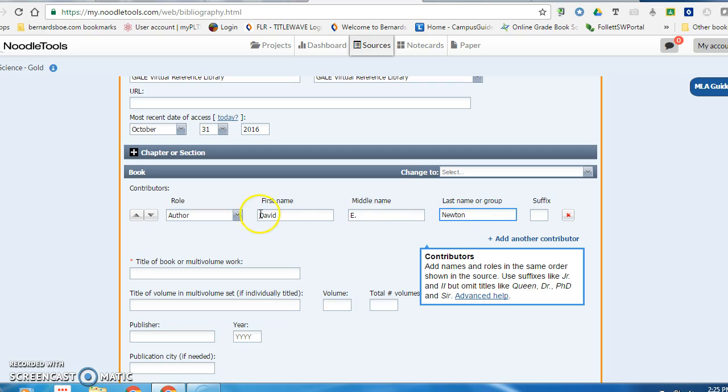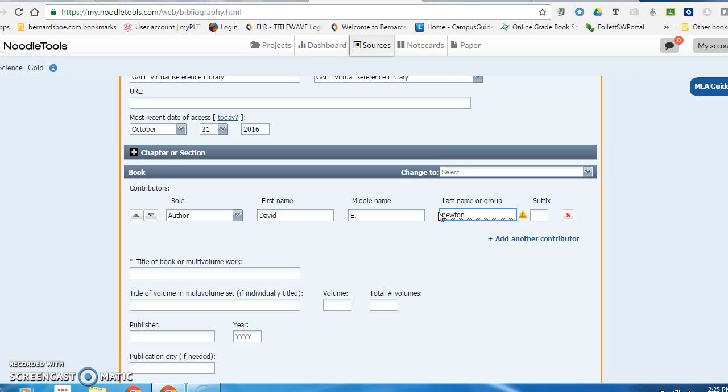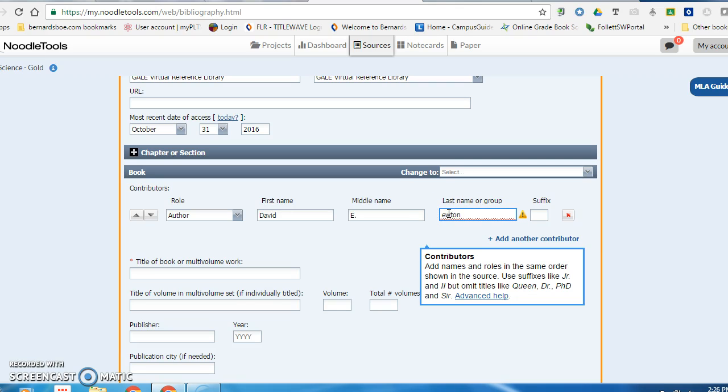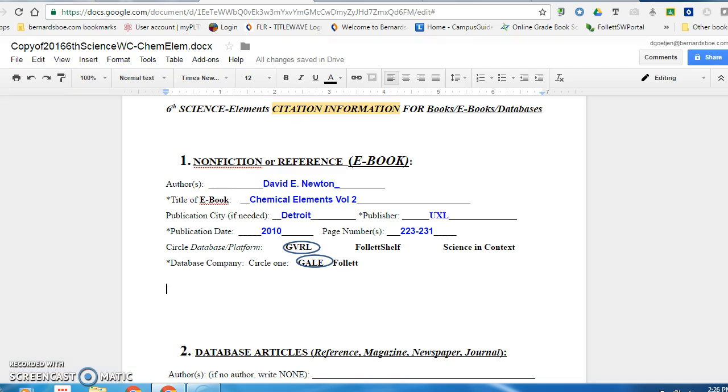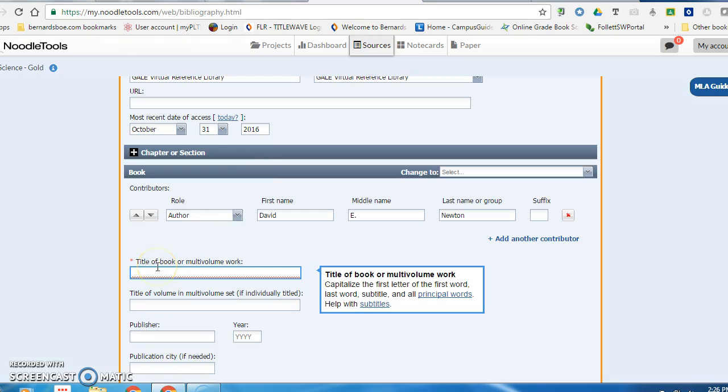Make sure you capitalize his name. But notice, if I change that to a lowercase n, NoodleTools lets me know. It says check to be sure Newton is capitalized correctly. So it tries to remind you to do the right thing. Okay, here's another required field, title of the book. And if we look, title of our book was Chemical Elements, and we don't yet put in the volume. I'll show you where that goes in a sec. So Chemical Elements,